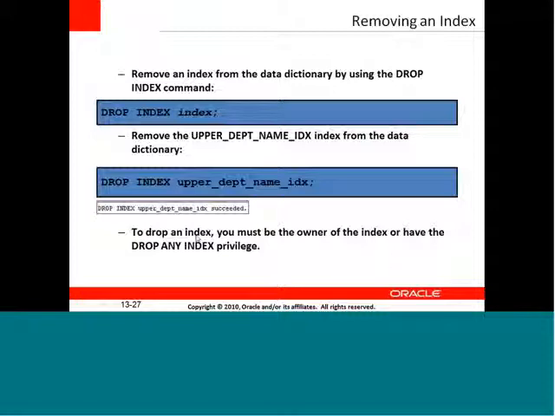To drop an index, you must be the owner of the index or have the DROP ANY INDEX privilege. As drop is considered a very important command, not just any layman or person without the privilege can use it, even if he is well versed and skilled in this application. The privilege is very important for any user to access the database. If he is a privileged user, then he can go ahead and drop the index if the index is no longer in use.